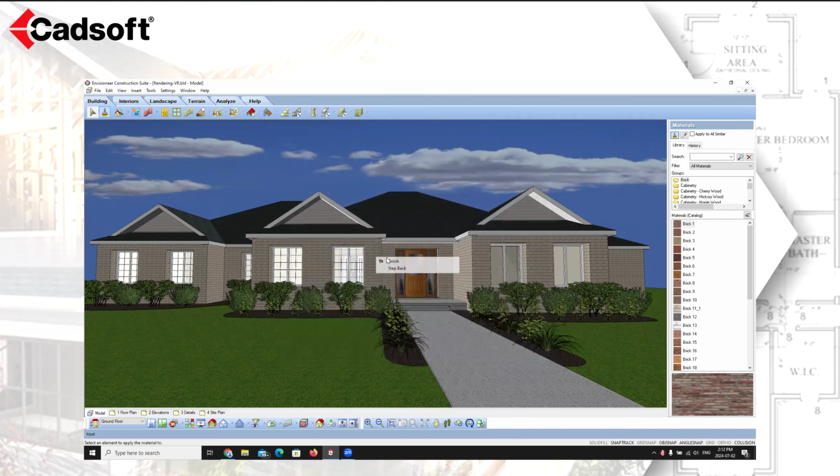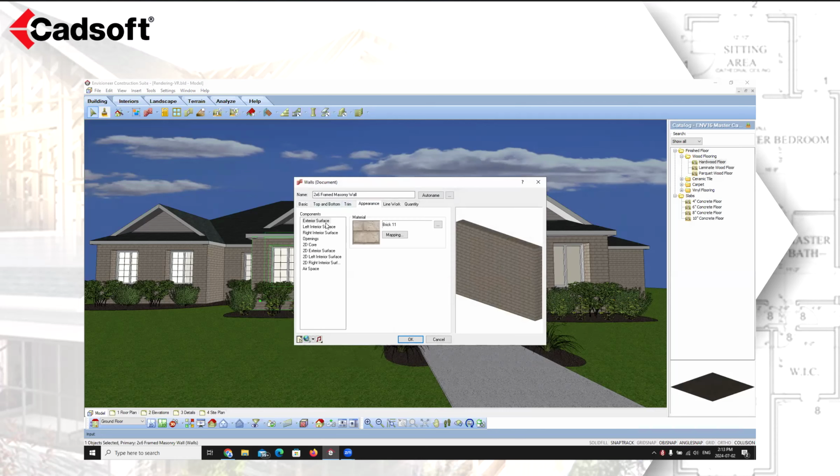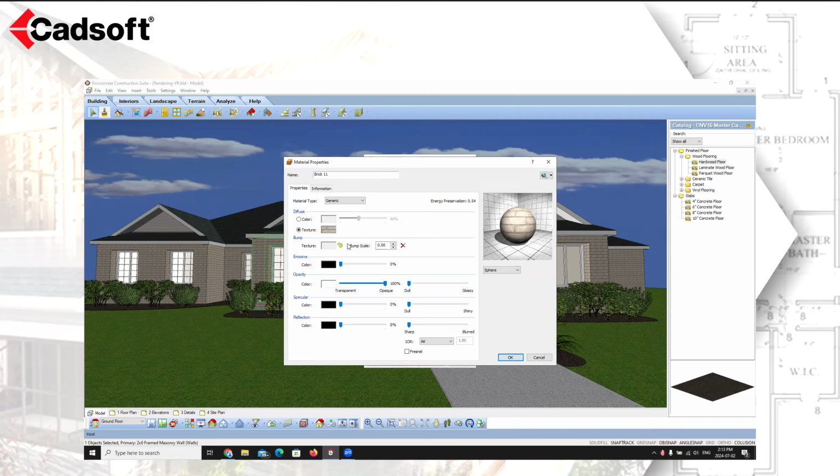In our example, we're going to use just the brick material that's a part of our wall. And when we go into the appearance tab, we can see that under the properties of this, it's not using any kind of a bump map. If you wanted to have it use a bump map, you can just use the lock icon and it will find the texture for you. And then you can use the bump scale to add in a value that will allow for a bump to take place. Now, a value of 0 means that there is going to be no bump mapping applied to